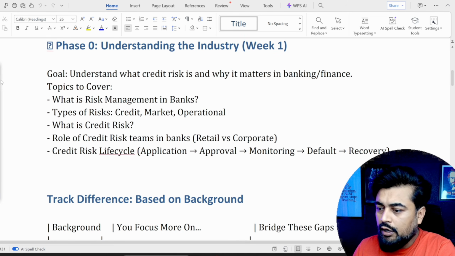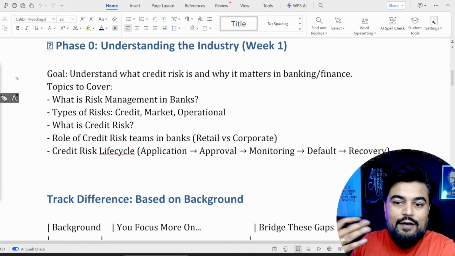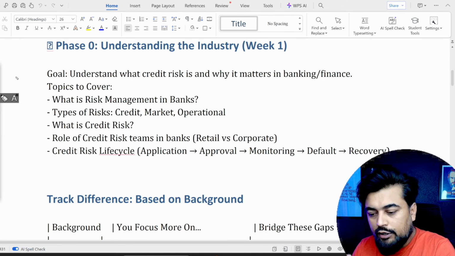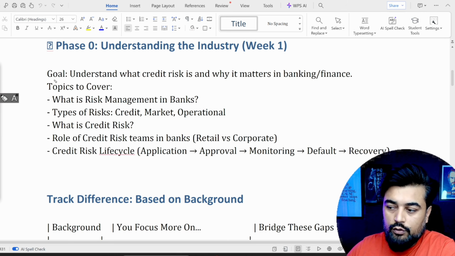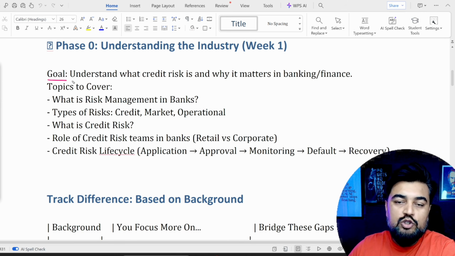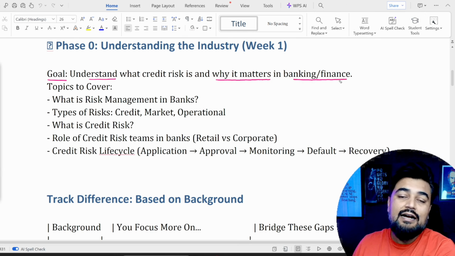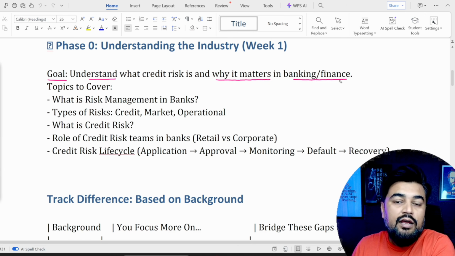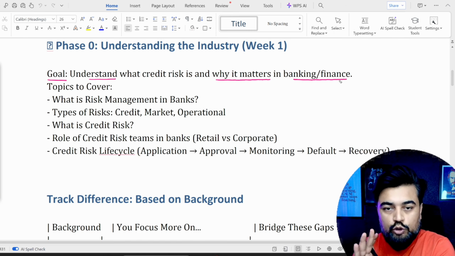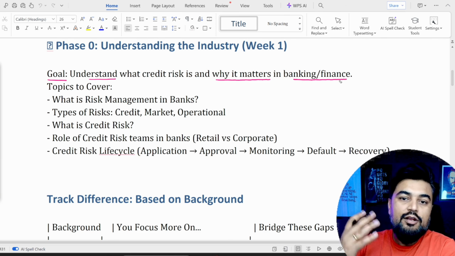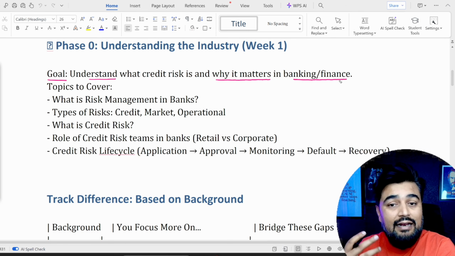Now let's talk phase by phase, and I'll also give you the time you need to be totally focused on each. In phase 0, I'm assuming that I'm talking to a complete beginner. We need to understand what credit risk is, the primary, topmost, most important thing, and why it matters to the bank or the finance sector, so that they are paying you a salary. Why do they care so much about it? You need to understand that concept thoroughly as per the ecosystem. Every product has a life cycle, so you need to understand the life cycle of the product.